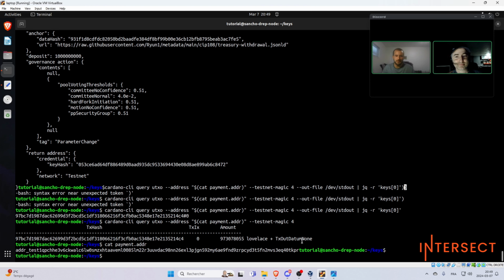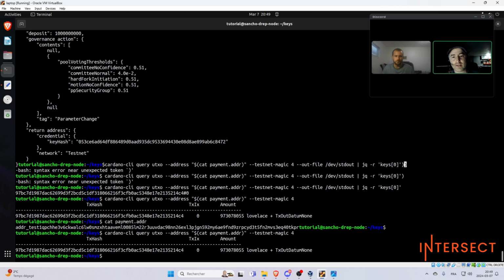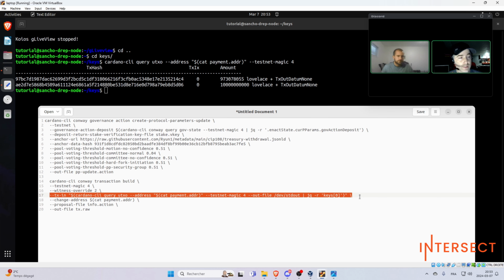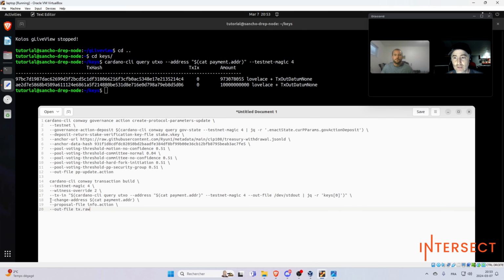There should be a little more test data in there now. Yes. Let's run that command again and see. It's there. Got money. All right. I'll be able to make my transaction now. So I got the money for my transaction in. The change address is my payment address. So if there's change money,